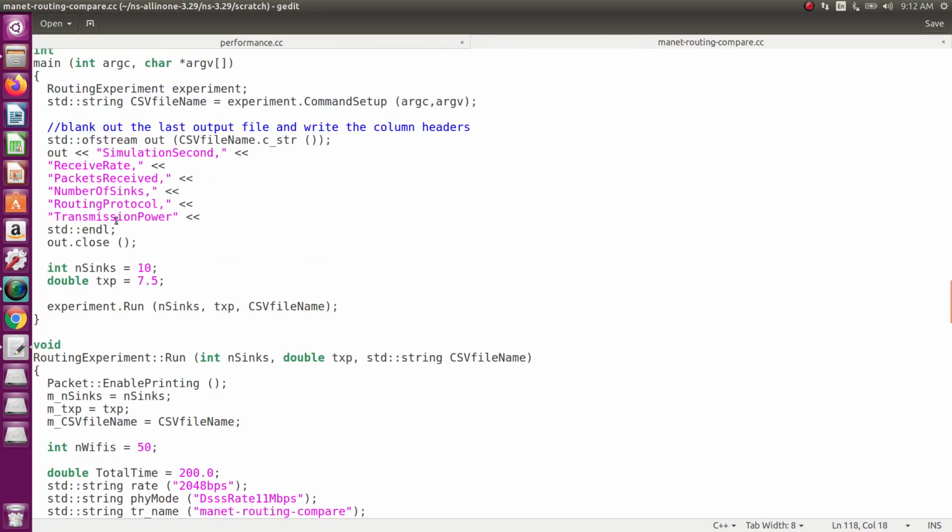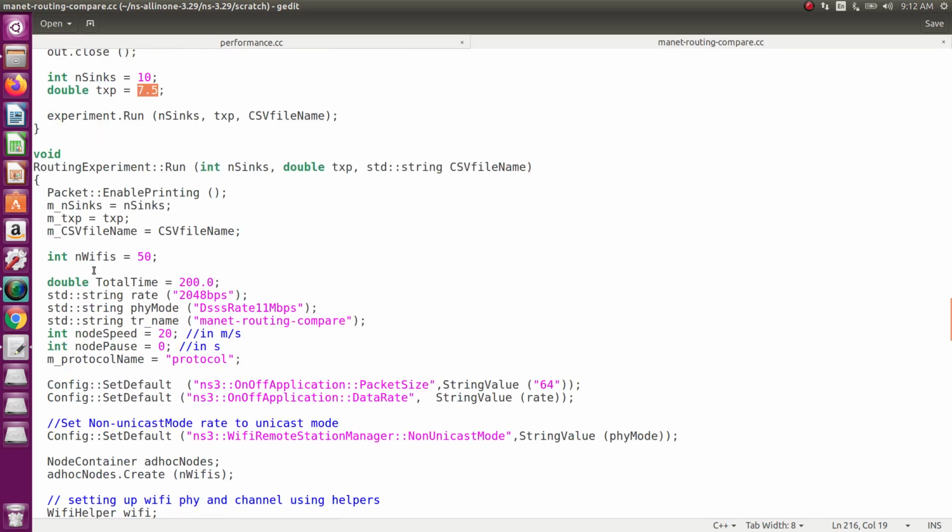The next, number of sinks is 10. The transmission power is 7.5 dBm. Then the total number of nodes is 50. For my convenience, for demonstration purposes, I am going to change 50 to 20.